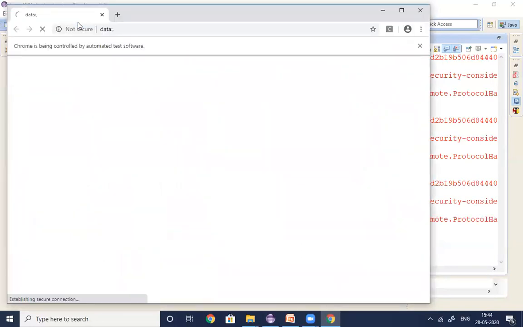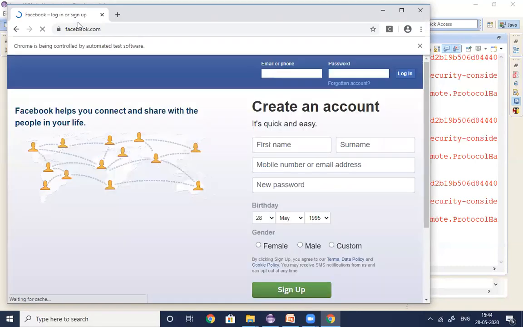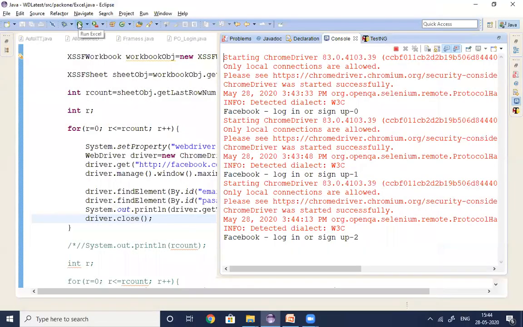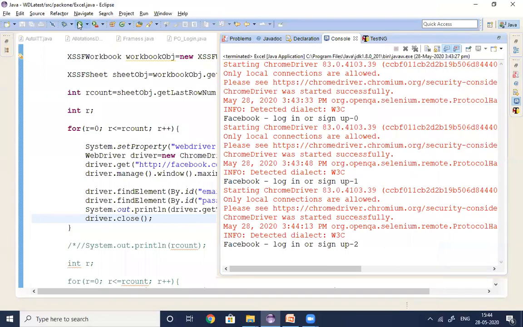So not only 3 rows, guys, even from 300 rows also we can read the data and pass the data into the application. This is the way we are working with the poi.jar file to pass the data from different or multiple rows. So in next sessions, we'll discuss how to write the output. Till now we discussed how to read the input. So in next sessions we'll see how to write the output into the Excel file by using jxl.jar file as well as the poi.jar file. So thank you for watching, guys.